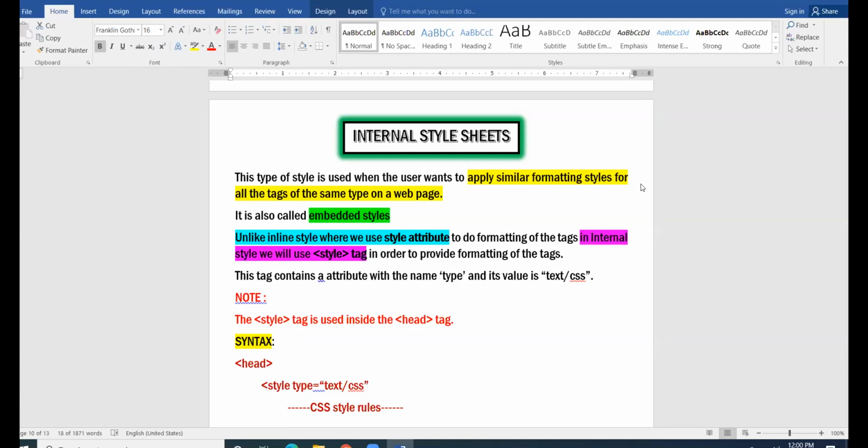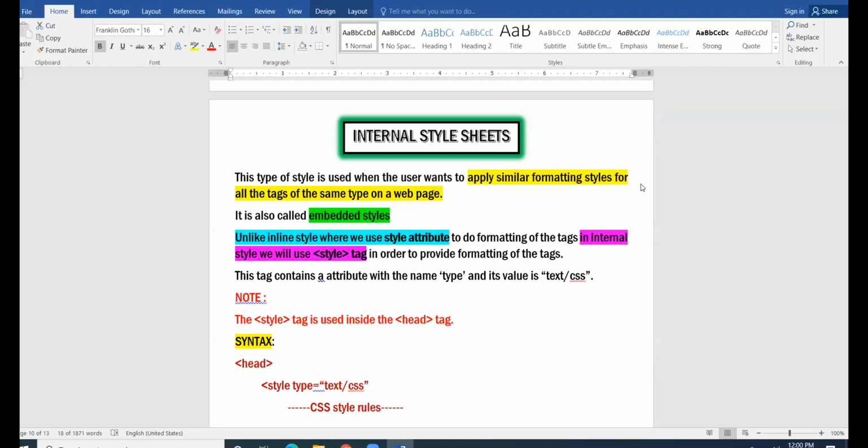In order to provide the properties to the tag. Now what is internal style? Internal style sheet means you will not use the style attribute, but you will use the style tag. The style tag will contain all the properties that you want to apply to the tag.